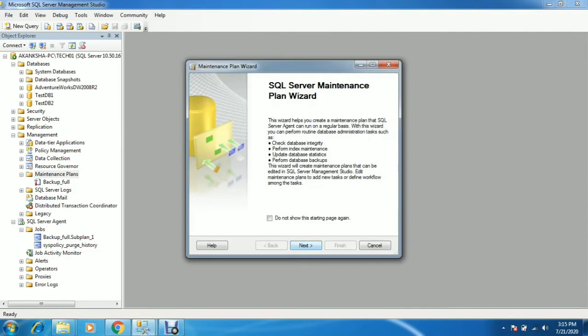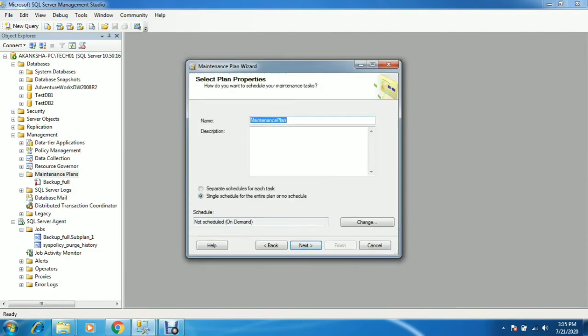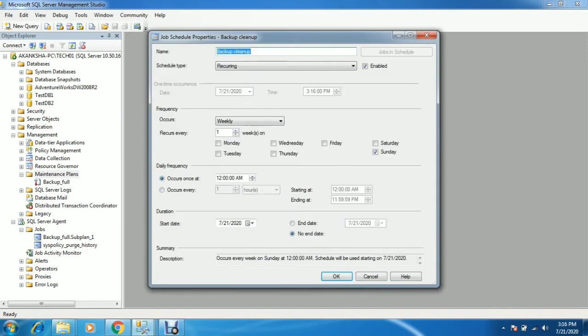In the same way, click on wizard and type the name for the maintenance cleanup, like backup cleanup, something like that. For this one also you can give a schedule, like monthly or weekly, if you want to run this job.